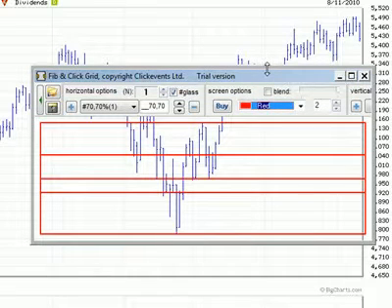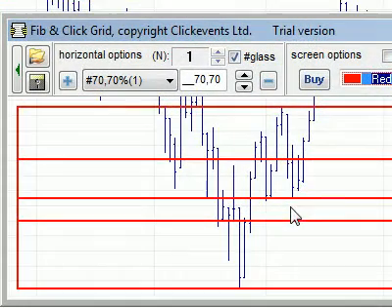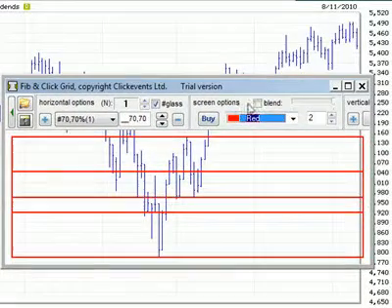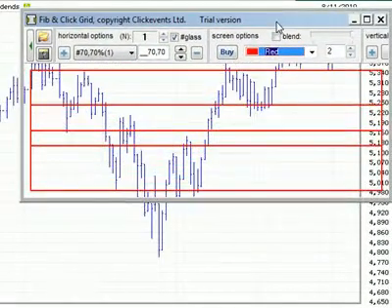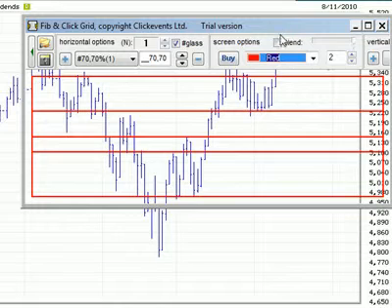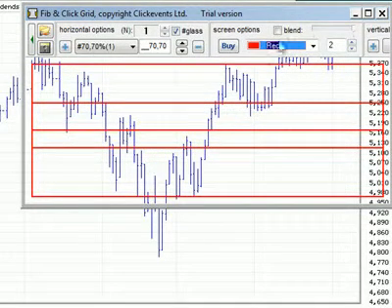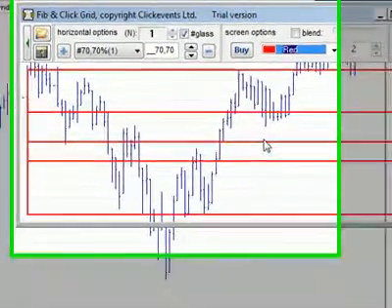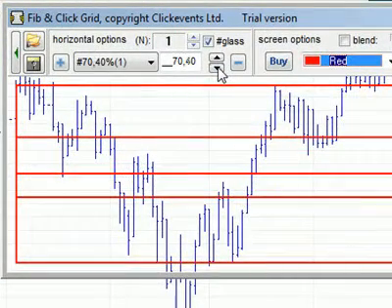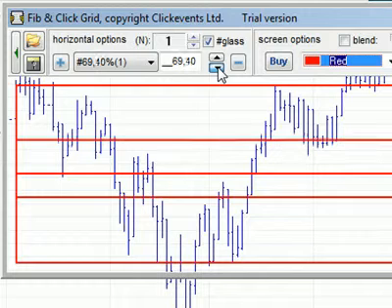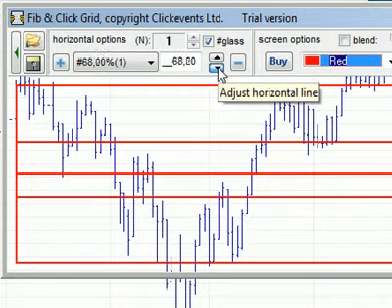And just look at that, how the pullback there catches it absolutely spot on there on the 50, and price just moves on up. So once again, the grid is just catching these optimum levels. There we are, optimum levels for price to pick out, and let's just move this one to the correct level there,